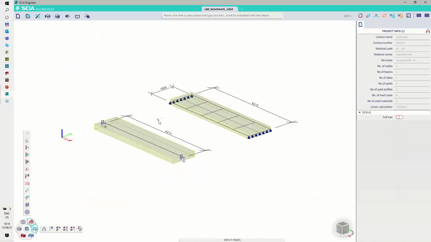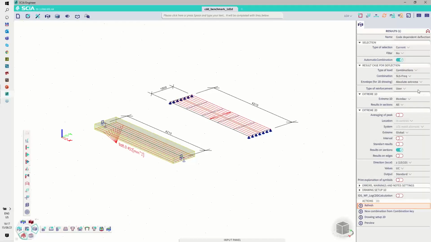So here is this example of a slab modeled as 1D or 2D. If we want to calculate codependent deflection, we need a calculated linear analysis, and we can go to the codependent deflection and play with the properties of the command. So you can see now I am in the mode where I have activated automatic generation of the combination. As input, I'm using the frequent